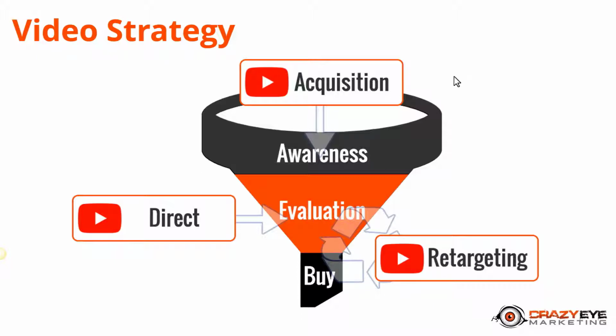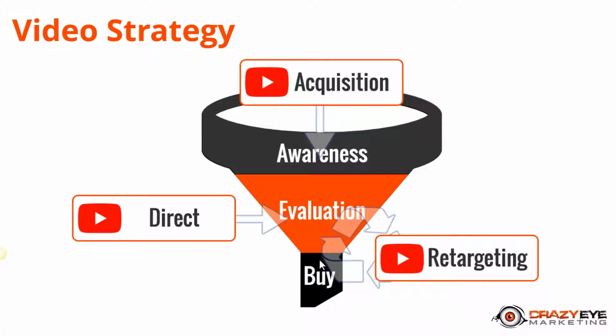So the overarching video advertising strategy that you'll be using is something I call the triple threat strategy, and that's because there's essentially 3 tiers that you target through your advertising efforts. This funnel represents your entire advertising campaign and your business, if you want to go big macro level. You bring people in through awareness, then they evaluate your business, your products, your services, and ultimately they buy, and then hopefully they buy again and again and again. That's business 101 and how everything works.